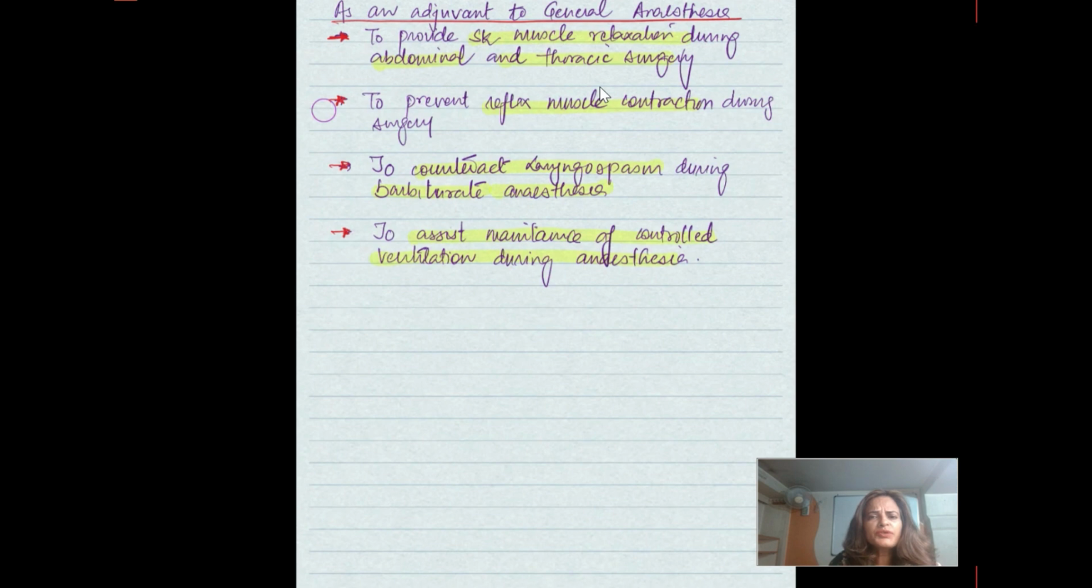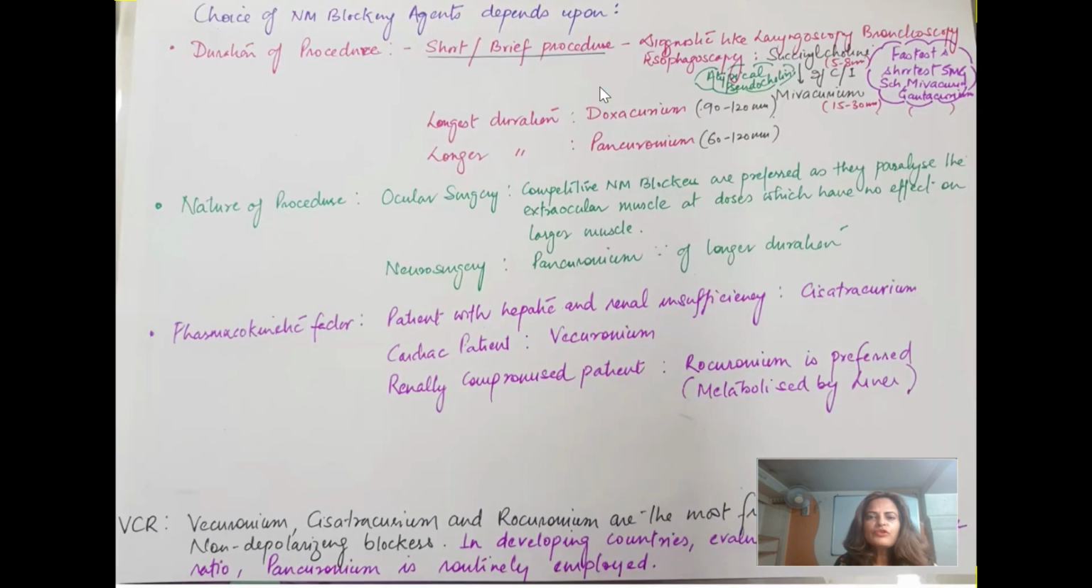Now, which one is to be chosen? It depends upon many things. In the previous lecture also I told you what kind of procedure you are going to do, nature of the procedure. Number two is the duration of procedure. You can see again the same slide. So the choice of neuromuscular blocking agent mainly depends upon duration of procedure, number one, nature of procedure, and